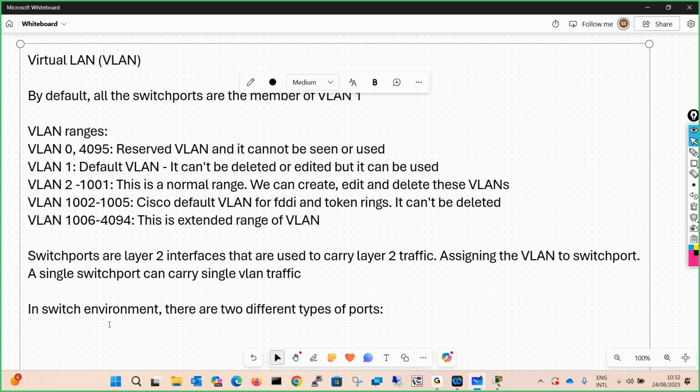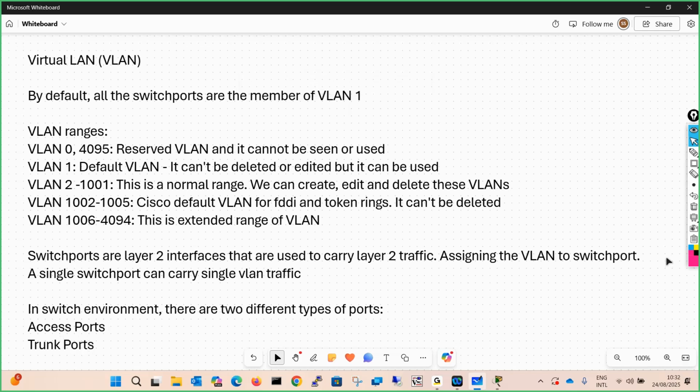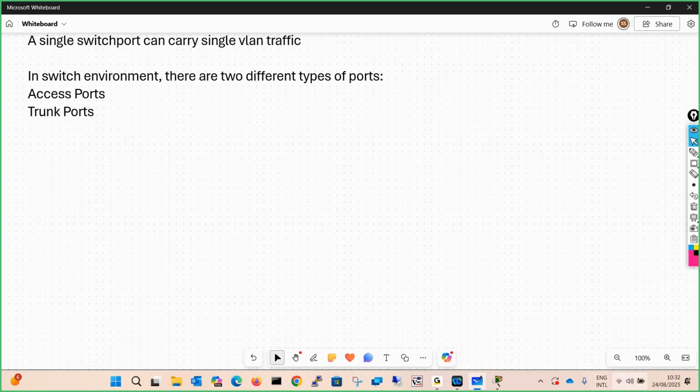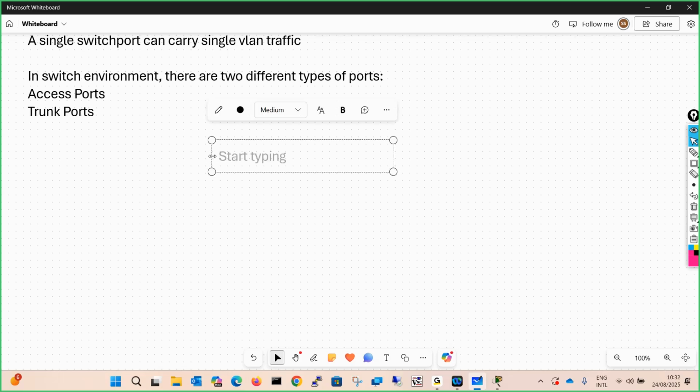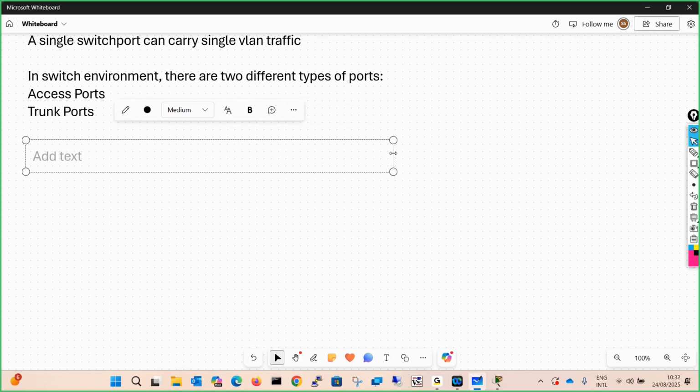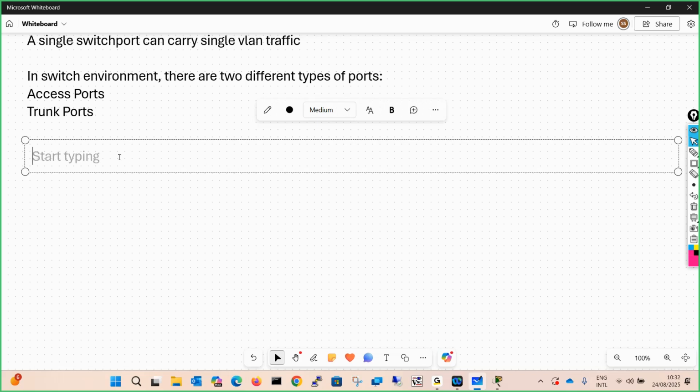What are they? Access ports. Another one is trunk ports. We will understand what are access ports and what are trunk ports.